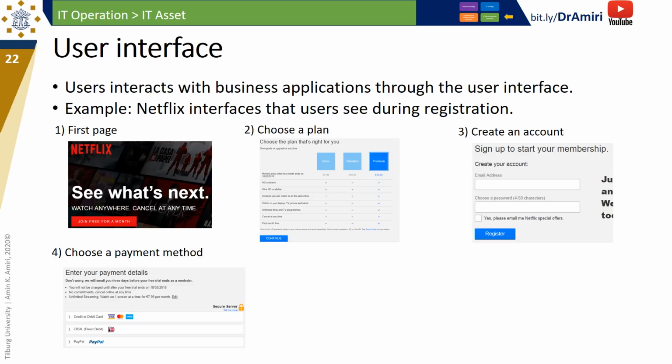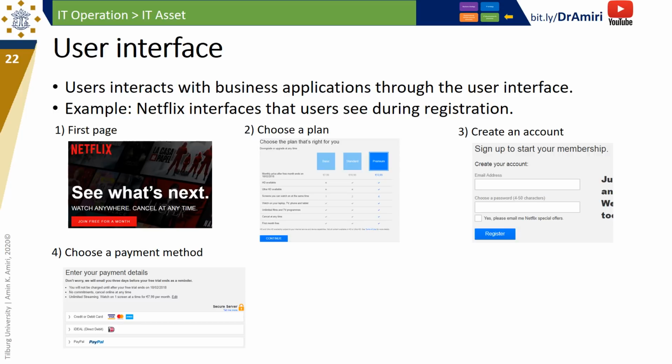Users interact with business applications through the user interface. In this video, you see several examples of Netflix interfaces. So, for example, when you try to register on Netflix to watch movies, first you see a page like a black page like what you see here. After clicking on join free for a month, you